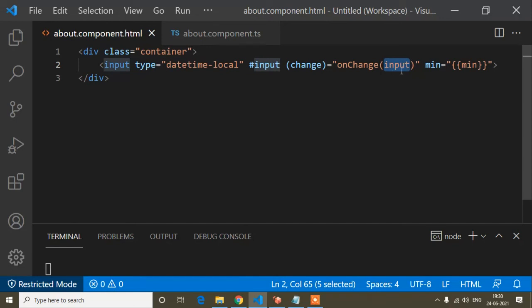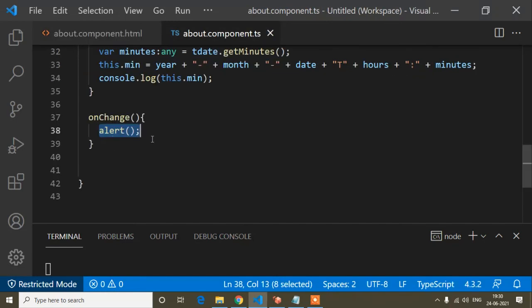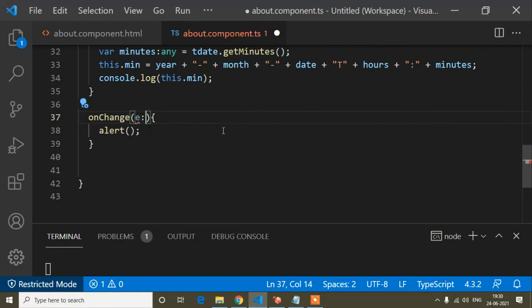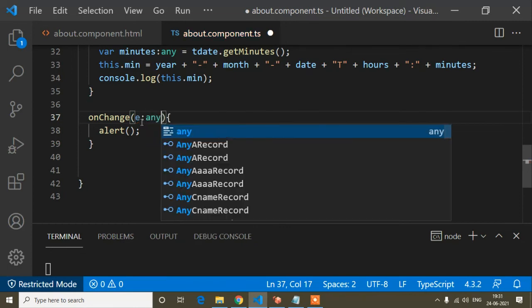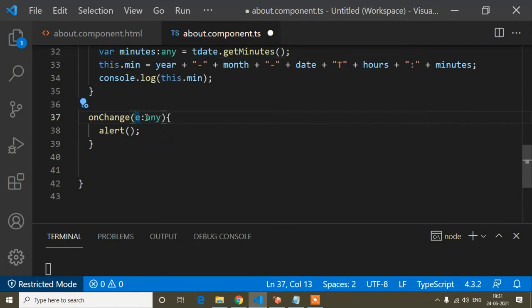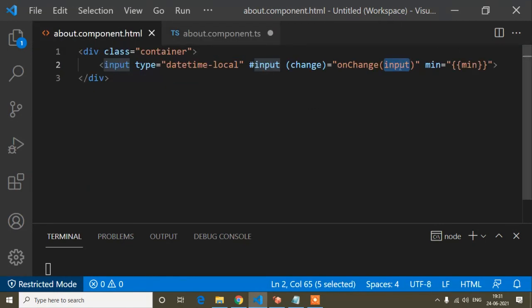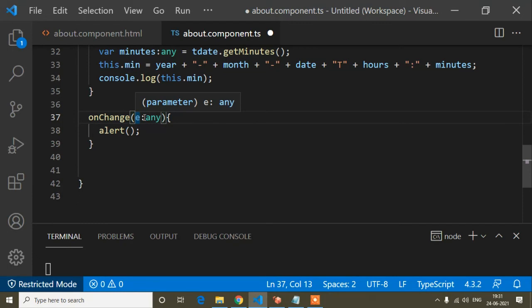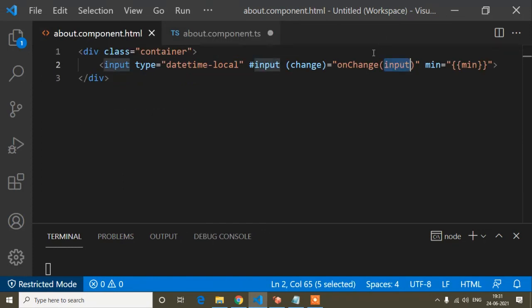To denote this parameter I can pass anything and just set the type any. So I have written e. Now the e denotes this input, but you can write anything. You can write your name here, you can write input also, or value also, whatever you write will denote the input.